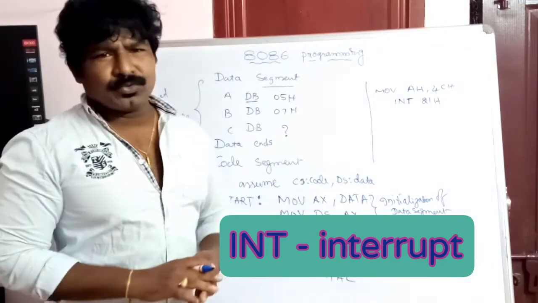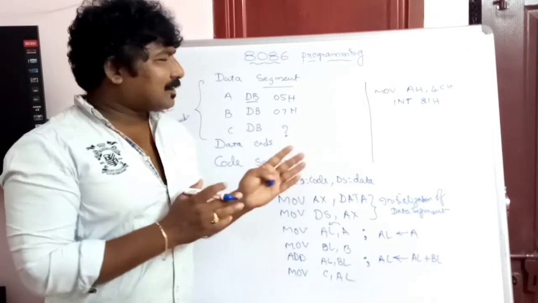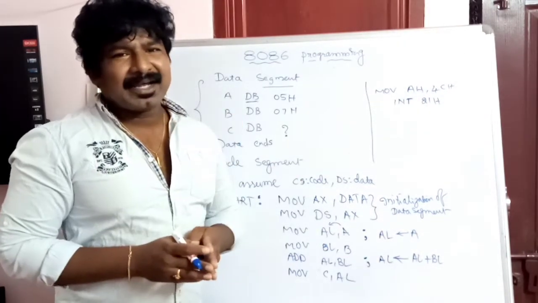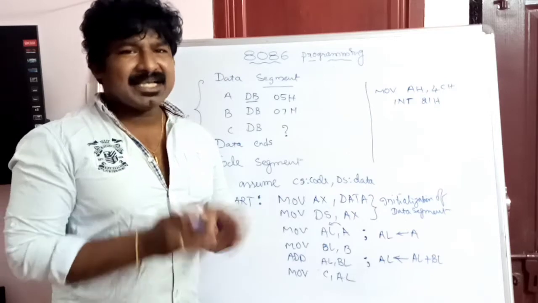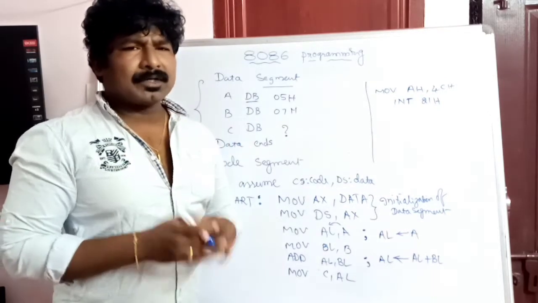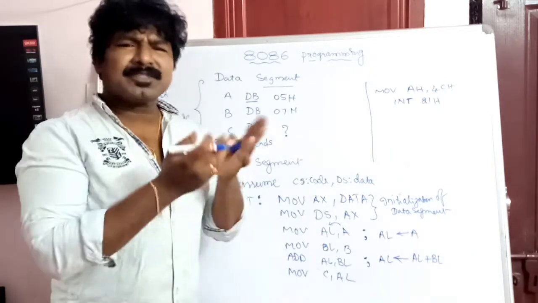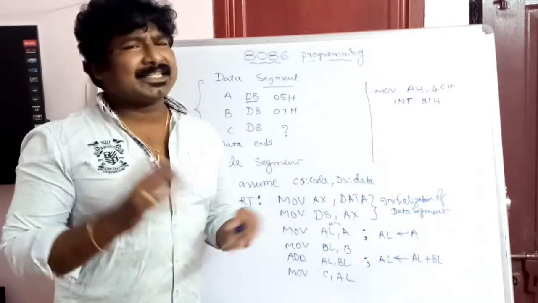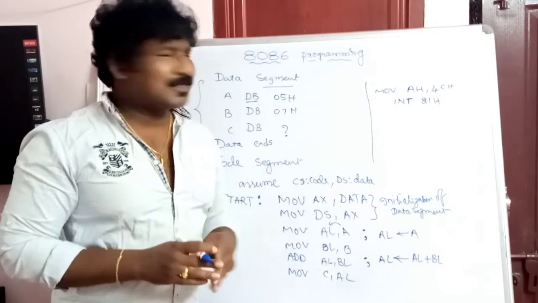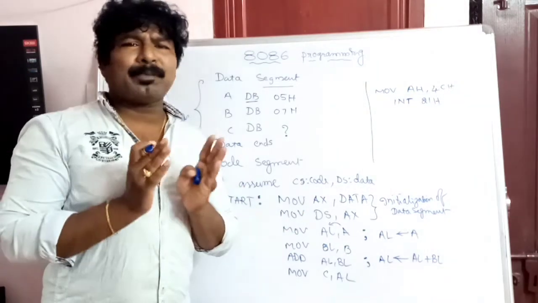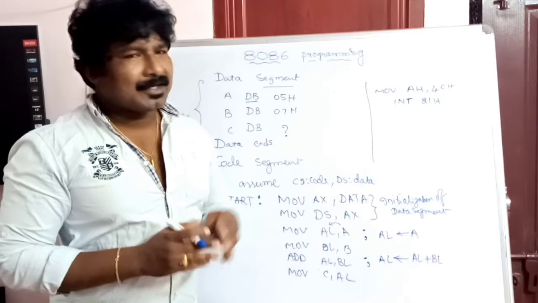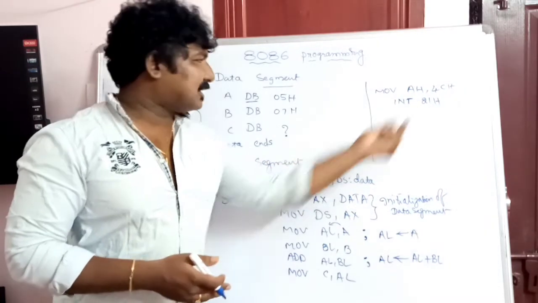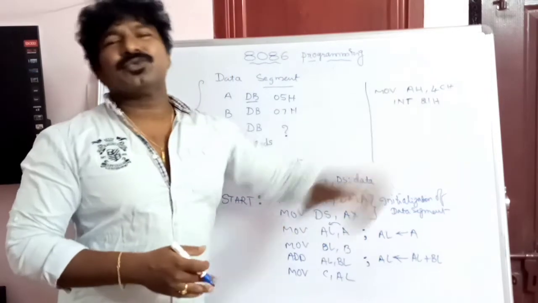What is that INT 21H type number? That interrupt is used to exit your program execution with the return code in the register AL. What does it mean? It will close the program execution and you will be directed to the command prompt or the terminal. So that is the logic. If you want to properly close the execution of your program, you have to write these two things: you need to take the value 4CH into AH, then INT 21H.